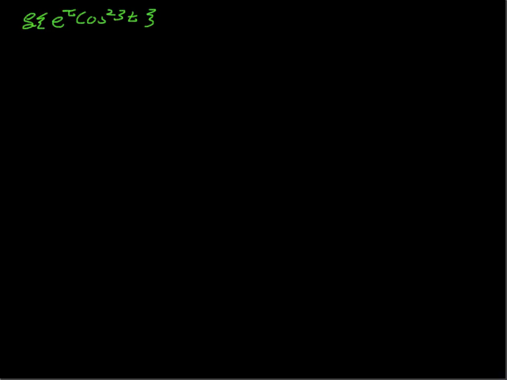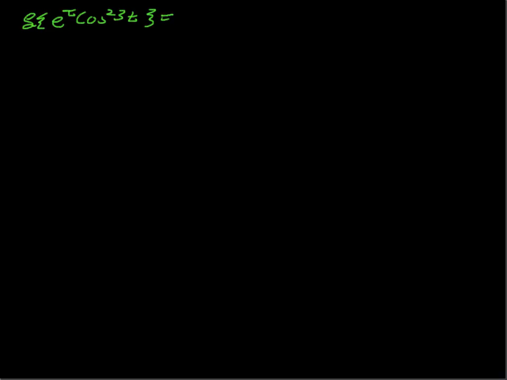Okay, here's the first problem from the take-home quiz, number 12 from section 7.3. You're asked to find the Laplace of e to the t times cosine squared 3t. You can't do the Laplace of this directly because we have a Laplace of a product. So what we're going to do is use the half angle formula to write cosine squared 3t